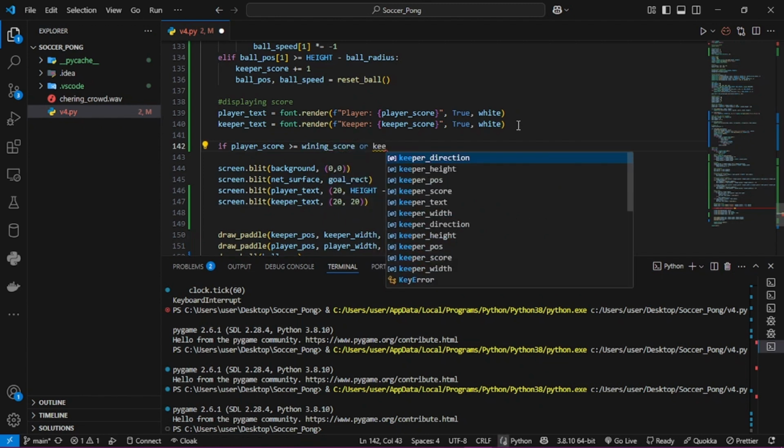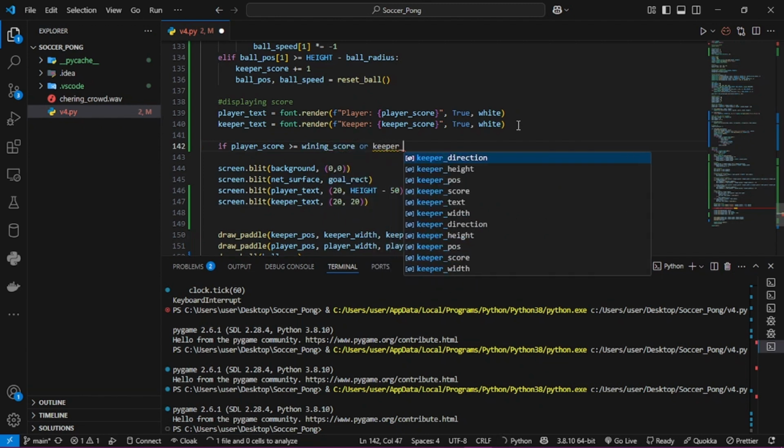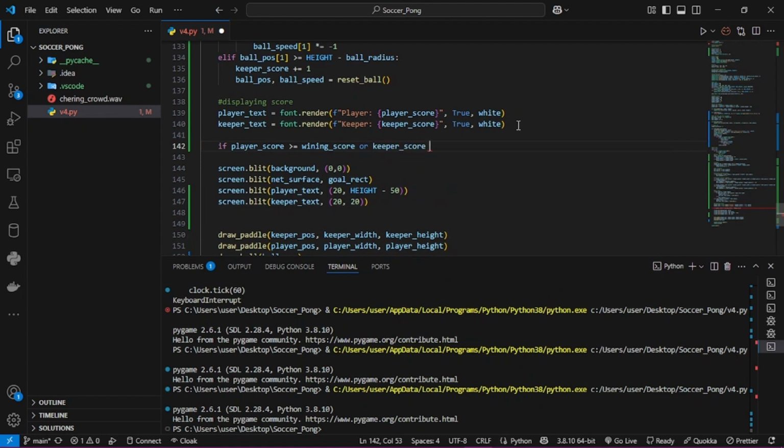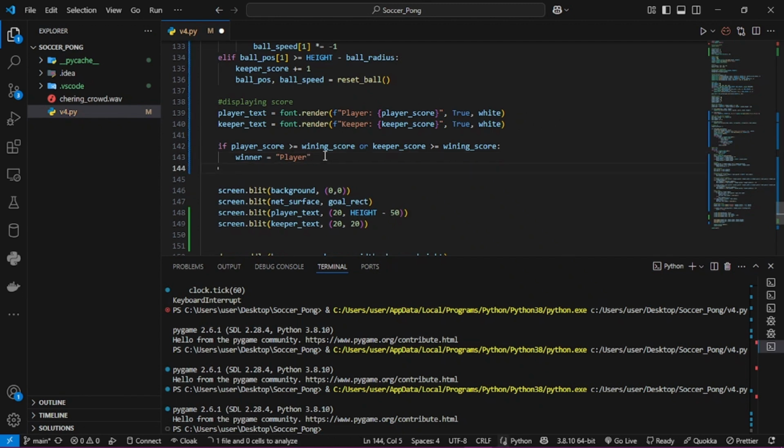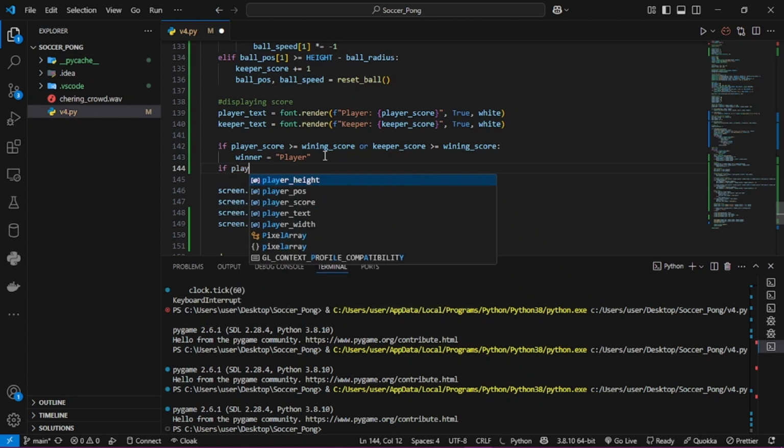or keeper. At this point, this is really English, like I don't think that's really explaining the stuff. Winning score. Winner equals player. So player like this. And now if player